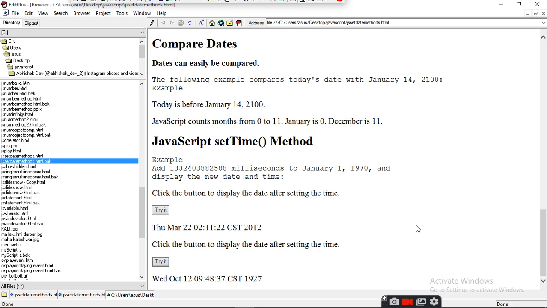Just see these milliseconds; when we write them, then from January 1, 1970 it will give you a date, 22 March Thursday, and when you write the same milliseconds in minus, it will reduce your date and give you 12 October Wednesday 1927.